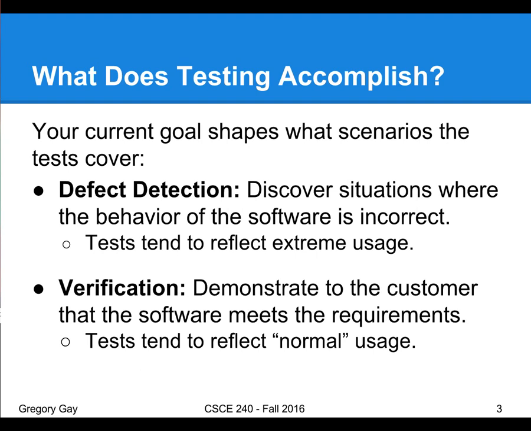right? And the first is kind of the standard case of defect detection. We want to discover situations where the software behaves incorrectly, right? If it does anything that doesn't conform to our ideas of what correctness is for the functions of the software. And so this is something where we're going to be really concerned with rooting out undesirable behavior. We're looking for things like system crashes, buffer overruns, memory leaks, unwanted interactions with other systems, right? Anything that's really nasty and really going to cause this system to crash to a screeching halt.